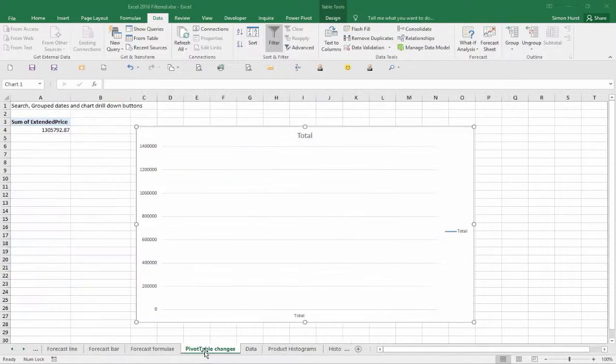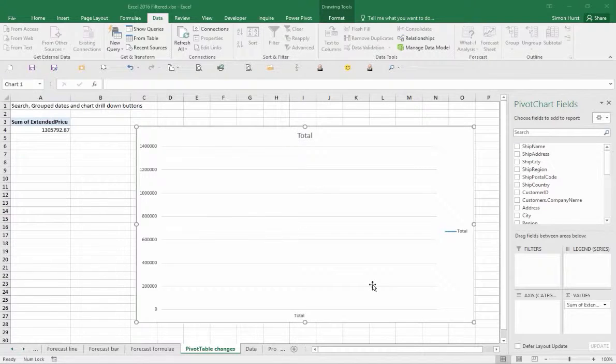Let's now have a look at pivot tables. There's been a few useful changes to pivot tables. One seemingly small one, but quite a useful one, is the new search